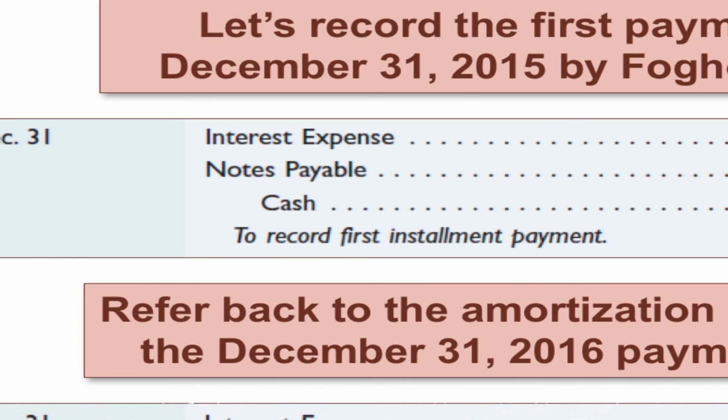So, using that amortization schedule that we just looked at, what does the journal entry look like for each of these? Well, it's always going to have this format. You're going to have a debit to interest expense and a debit to notes payable, because the interest expense captures what you're paying in interest. The debit to notes payable captures how much you're reducing the principal. And then, of course, the actual monthly payment in cash stays the same each time. The only thing that changes is the percent of that payment that goes towards interest and the percent that's going towards the principal. Okay?